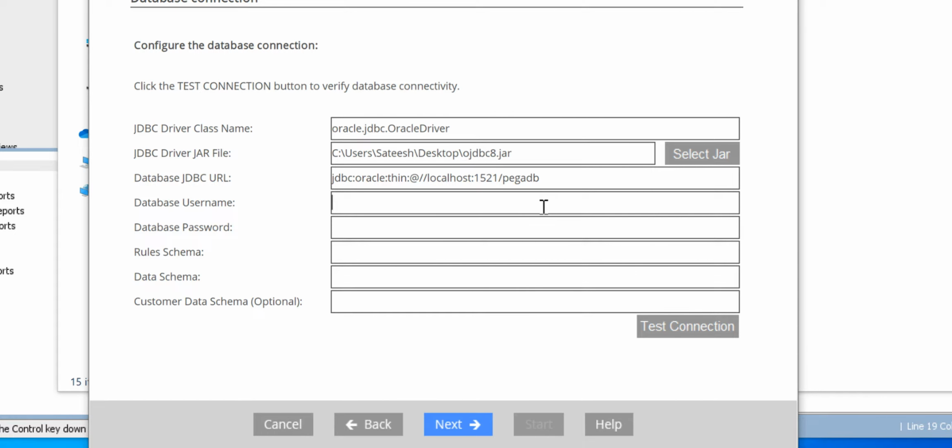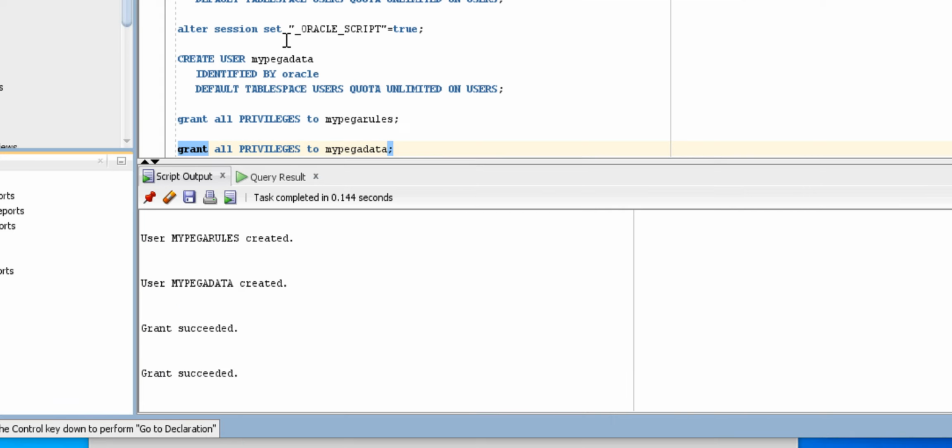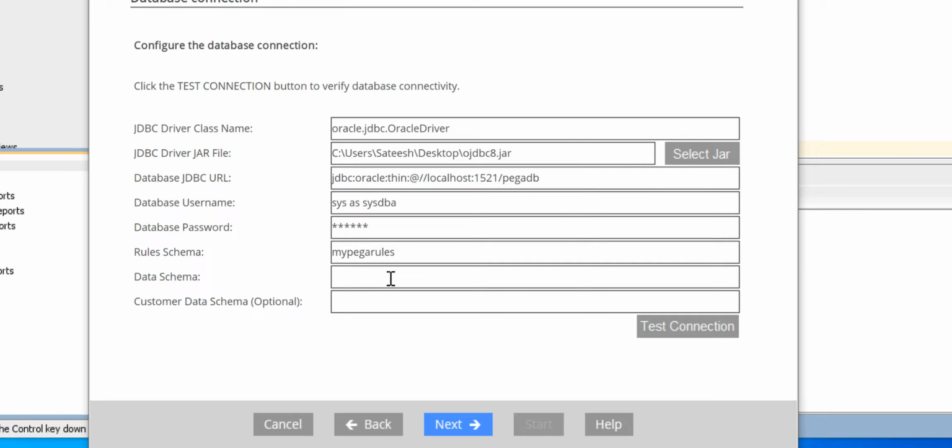For this video tutorial, I am directly using the sys operator with the sysdba role. Now the database password. My database password that I kept during the installation is Oracle. We have created two users, MyPegaRules and MyPegaData.